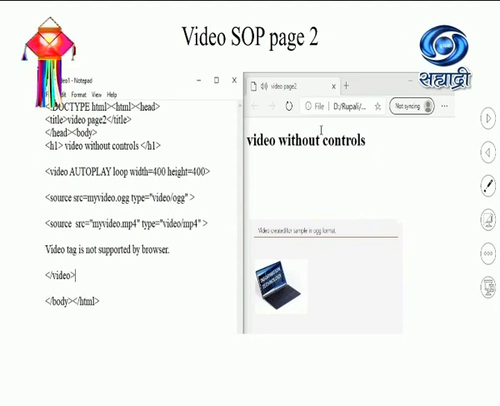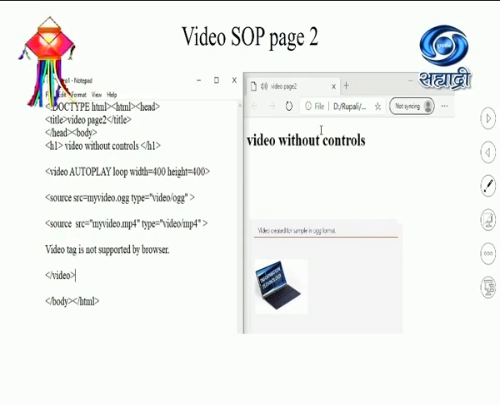Let us go for the second page of SOP. For video file format, now again you can make use of source tag inside the video tag. Observe over here on the left hand side in the code I have mentioned it should start playing automatically. And I want video should be without controls, means there should not be any slider to move forward and pause play button. So that means video without control.